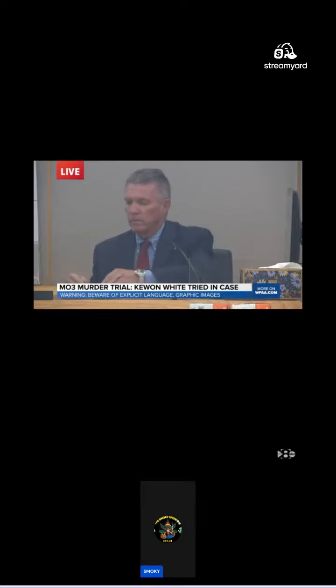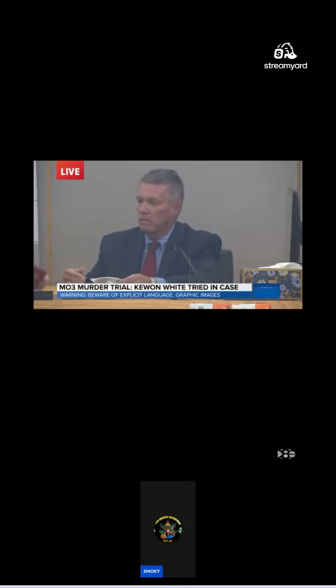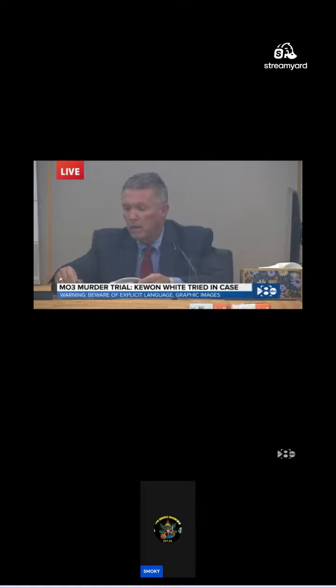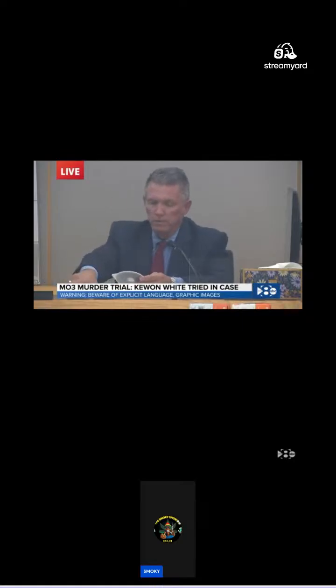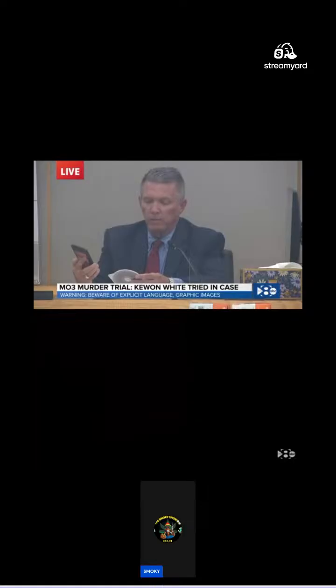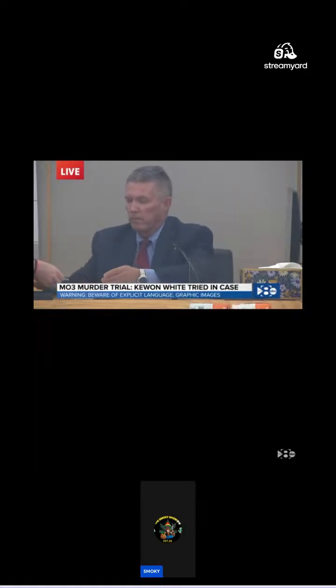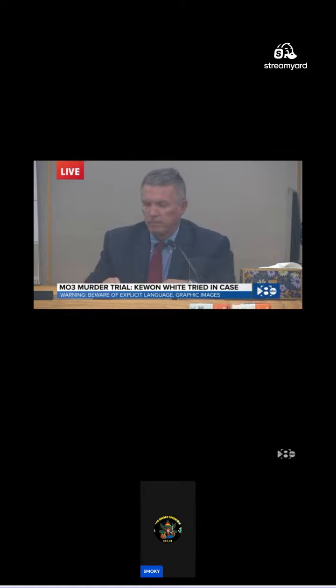States Exhibit 723. A red iPhone. This is this phone here. It was an Apple iPhone 7 Plus, model number 1784. And for the record, that's a black iPhone 7, States Exhibit 719.